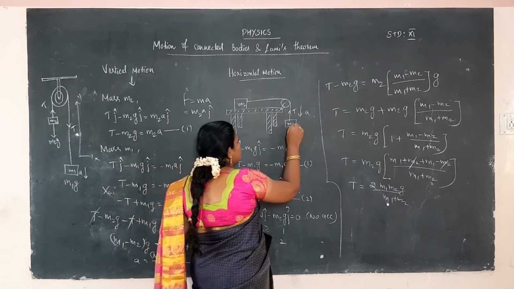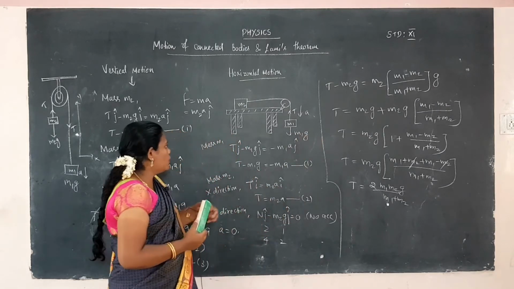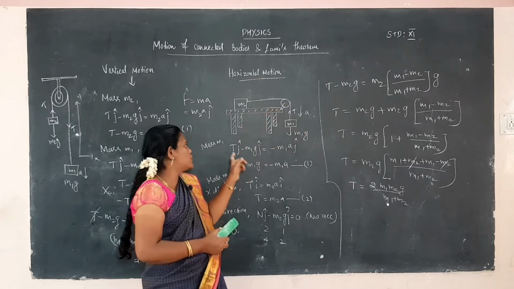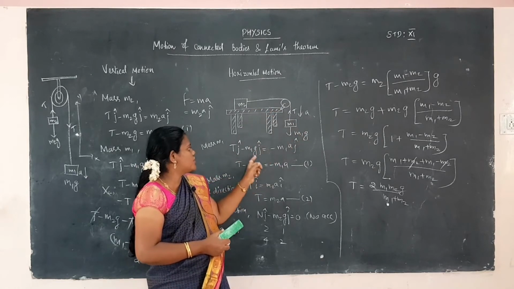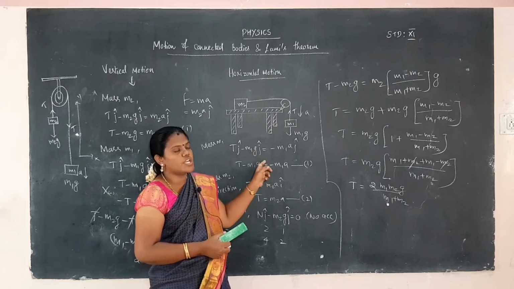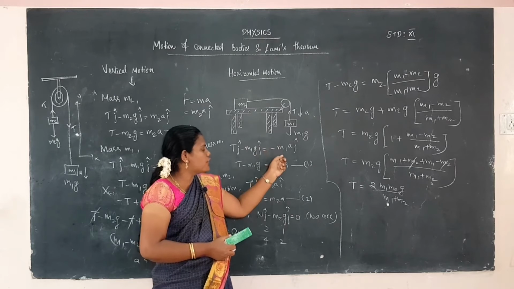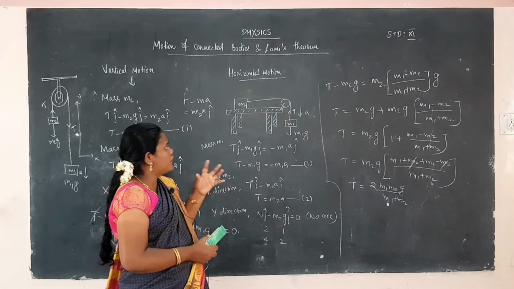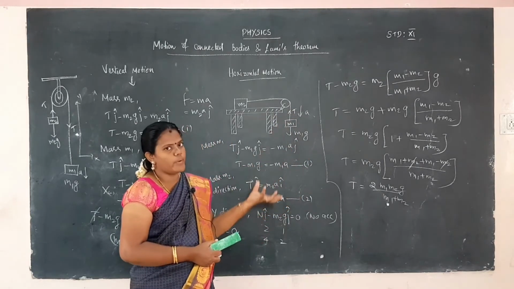Downward gravitational force, that is m1g. So T will be acting in the positive y direction, so T j cap minus the gravitational force, m1g j cap, that is the negative y direction, is equal to the net force. What is the net force acting? The net force is totally acting downward. So downward means negative y direction.